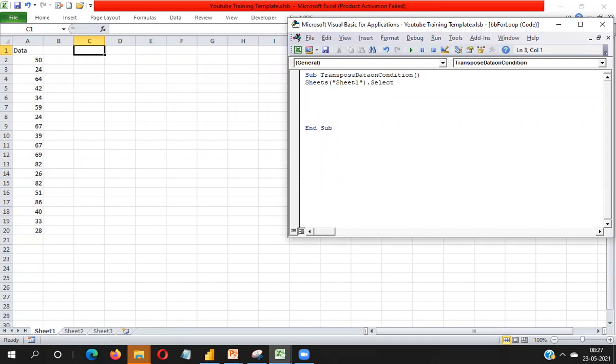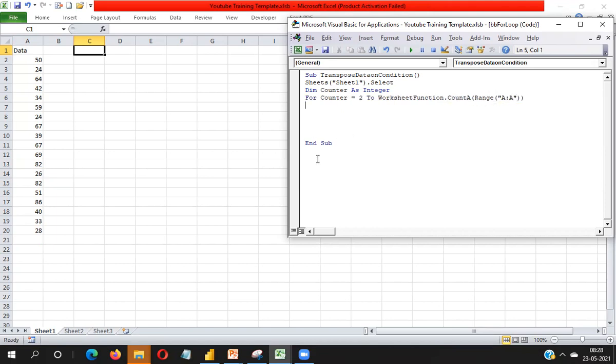Then write Dim counter as Integer, For counter equal to 2 to the total data count I need to take. If you want it dynamic, then you have to write WorksheetFunction.CountA, bracket start, Range("A" & "A:A"), bracket close twice.